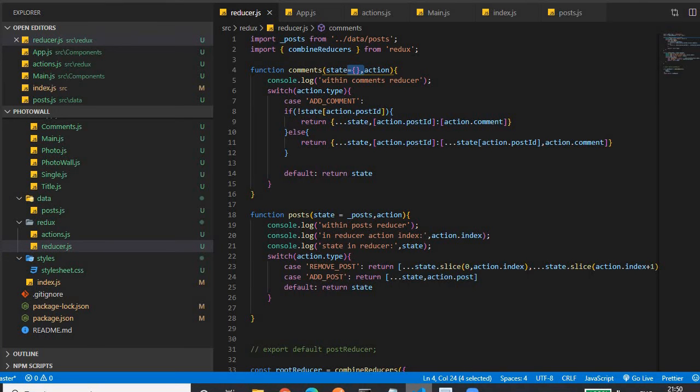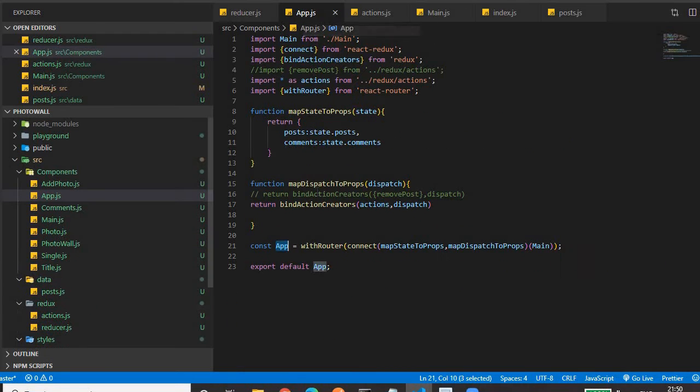What next? We'll see this. To get access to the store, we connected the main component to the store by using this container and this connect method. Then how do we get the state?